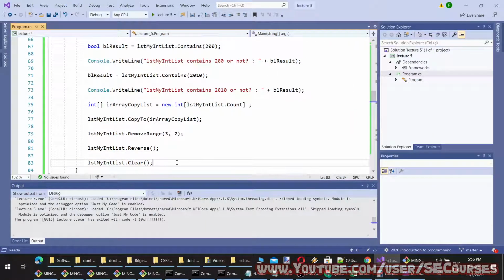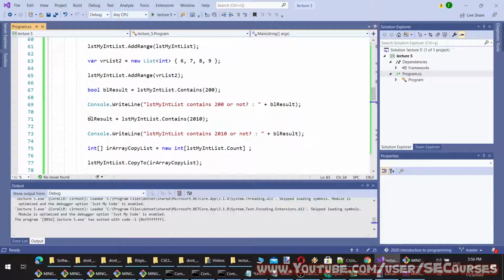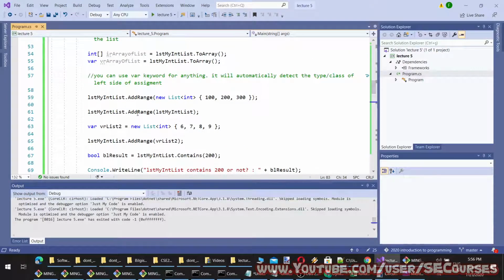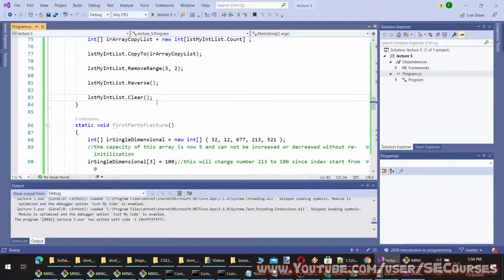When you check these methods, look at the return type. This is void. That means it reverses the order within that list. It doesn't return a new list. You see this is also void. A void method means it doesn't return any value. These are all void.